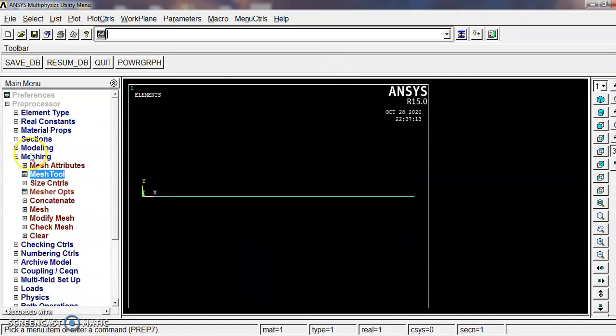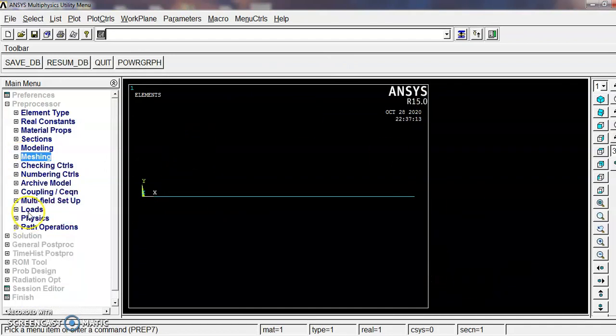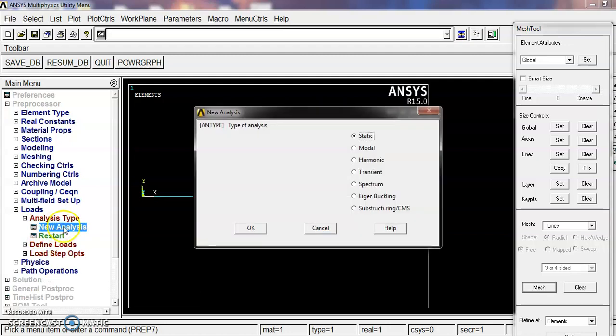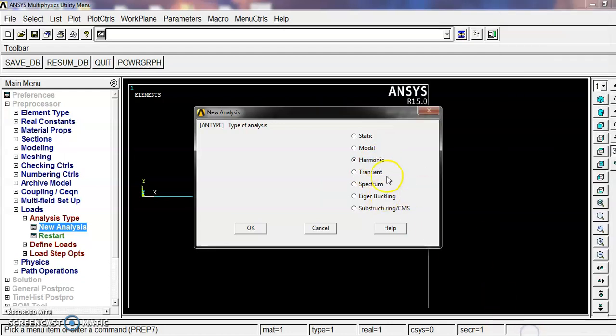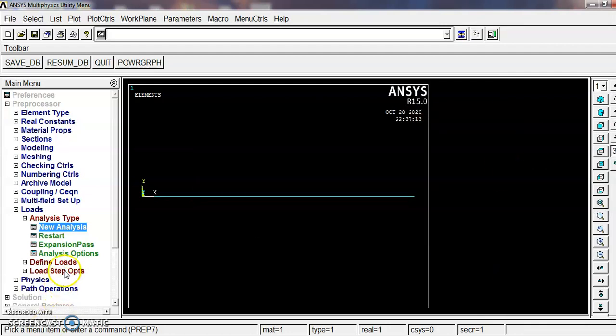After meshing, you have to give the load, right? Go to preprocessor, load. First you have to select the analysis, new analysis. Now I am going to do harmonic analysis, right? Harmonic analysis. Meanwhile, we can close this. Harmonic analysis, give OK. Define load, apply,